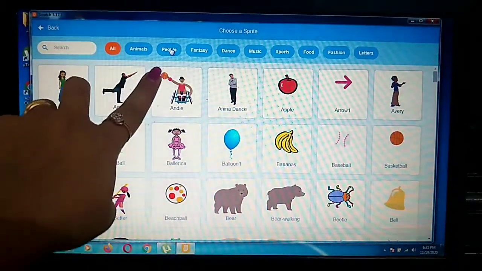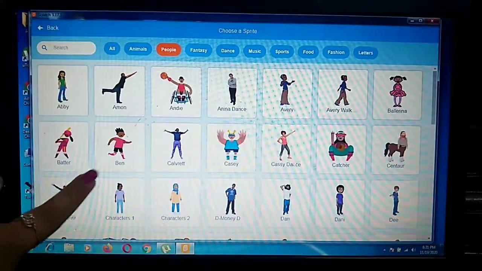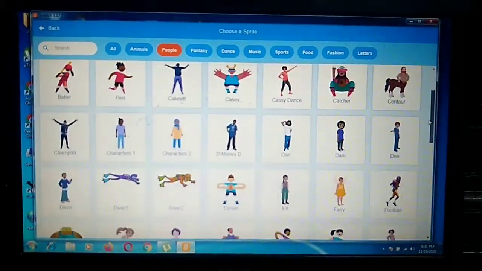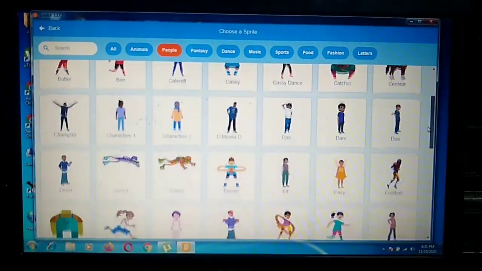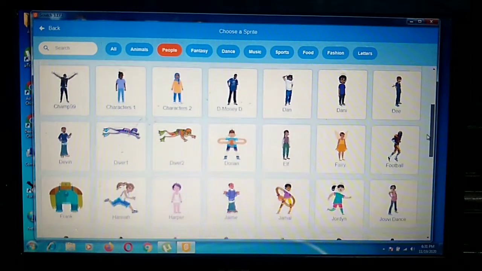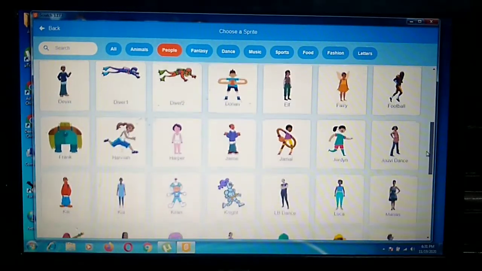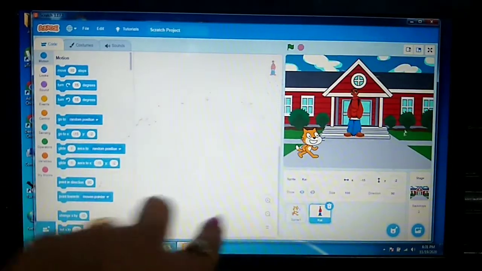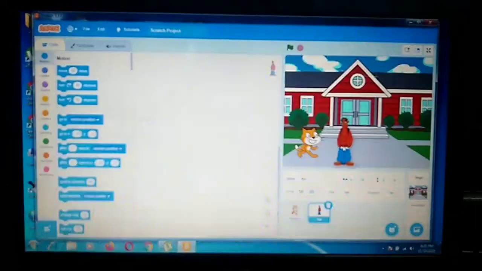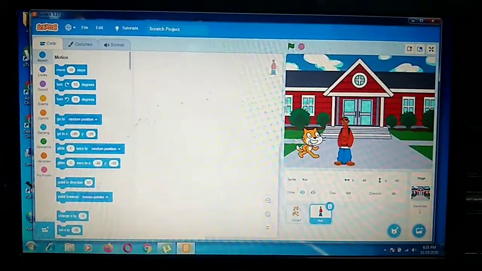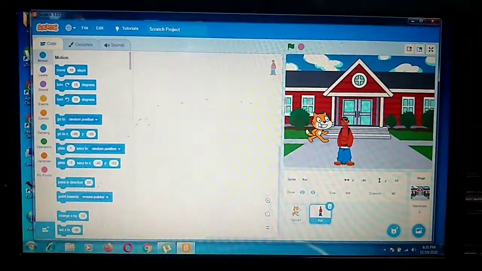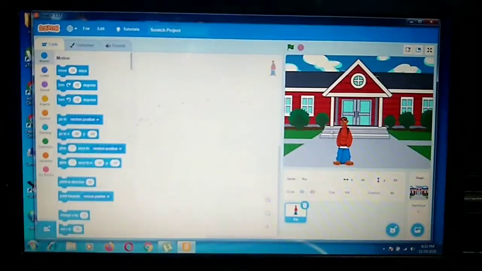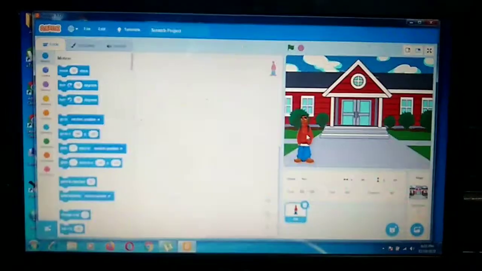Go to the pupil category and you will get the same sprite which is used in your book. You have to search for that sprite. You can see in the book its name is given, KIB. I think this one is that sprite, so choose it from here. This sprite you can delete. Delete from here. Now this sprite is there.